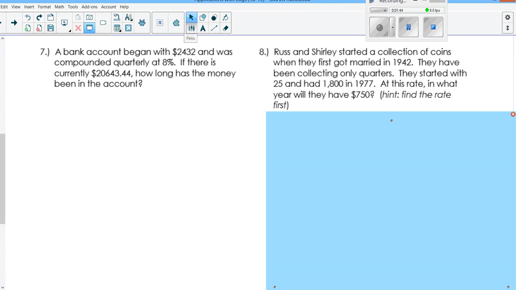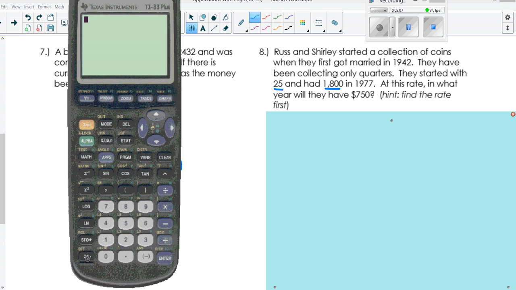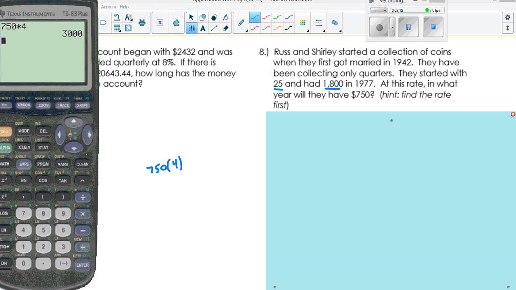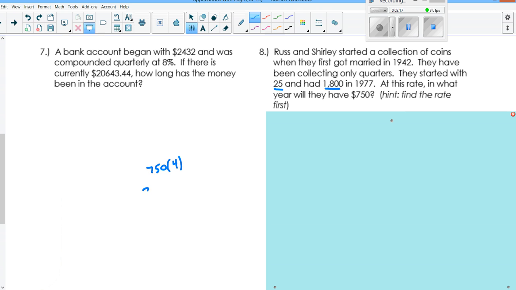You could think about it this way too. If the question is asking at this rate in what year will they have $750, well, you could start the equation by saying 750, but we're talking about quarters here, not dollars, so I have to convert that into quarters. So I do 750 times 4. So that means 3,000. So I would say I want to know when I'm going to have 3,000, which equals,